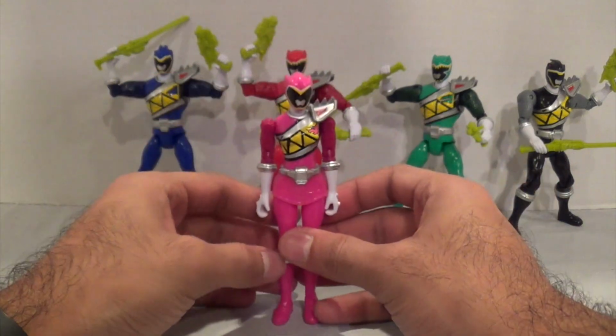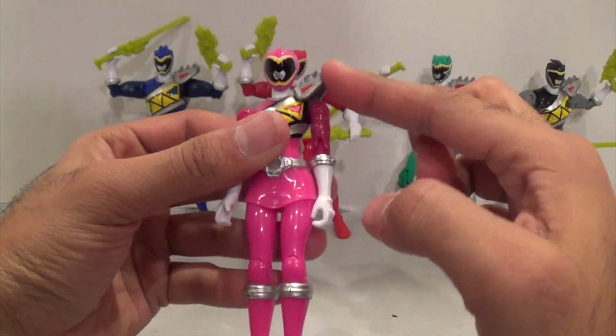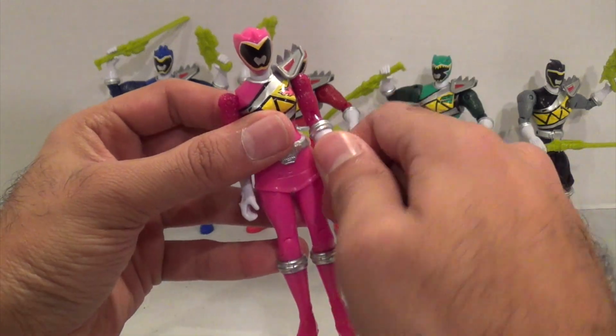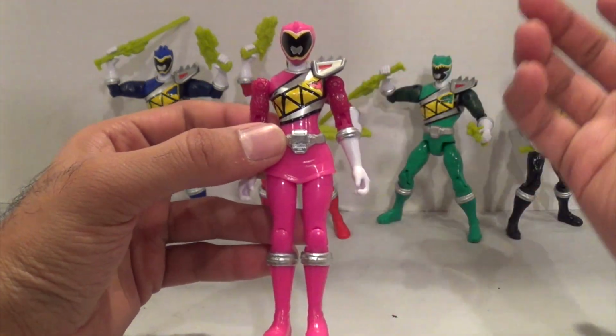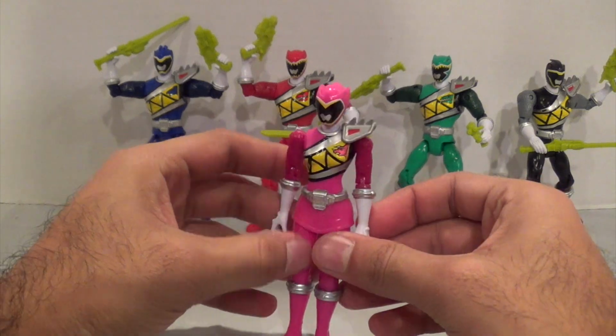So first things first, articulation for the Pink Ranger. The helmet does rotate around again. The shoulder pad does move up and down, so that part is the same. The arms do rotate around, and same articulation there. This rotates and everything. The arms look super skinny and so fragile that you could just touch it and it would fall apart, because they over-stereotype females, and that just